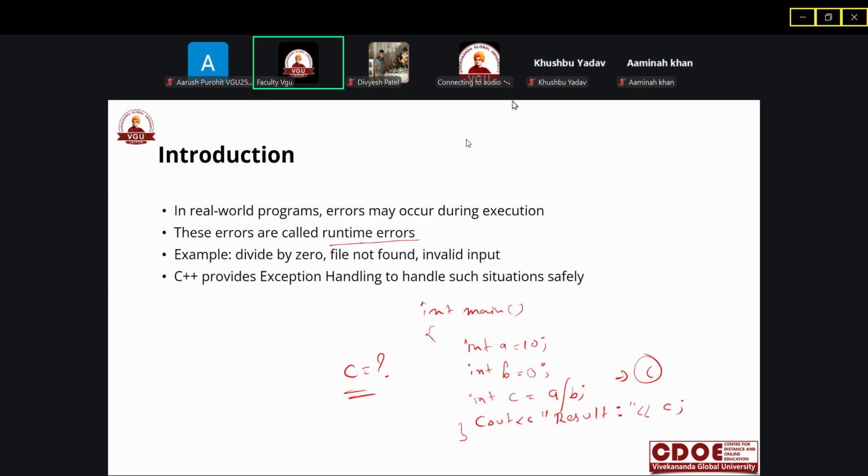Divesh, Samarth Kale, Prince, Khushbu, Ekta, Salman. What will be the output of c? If you do not give any answer, then this class will not proceed further.